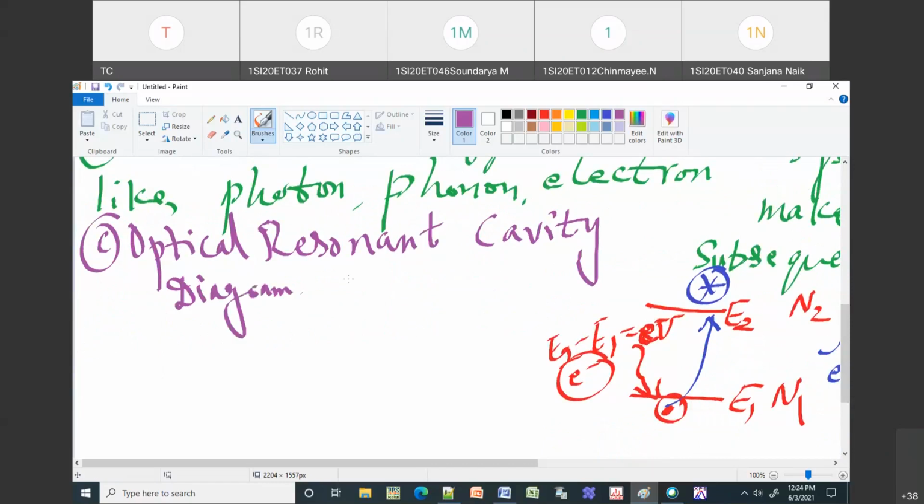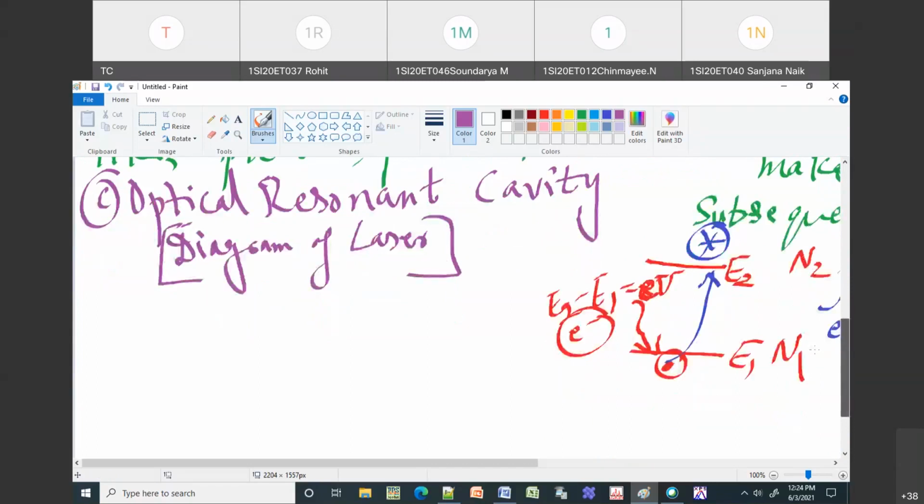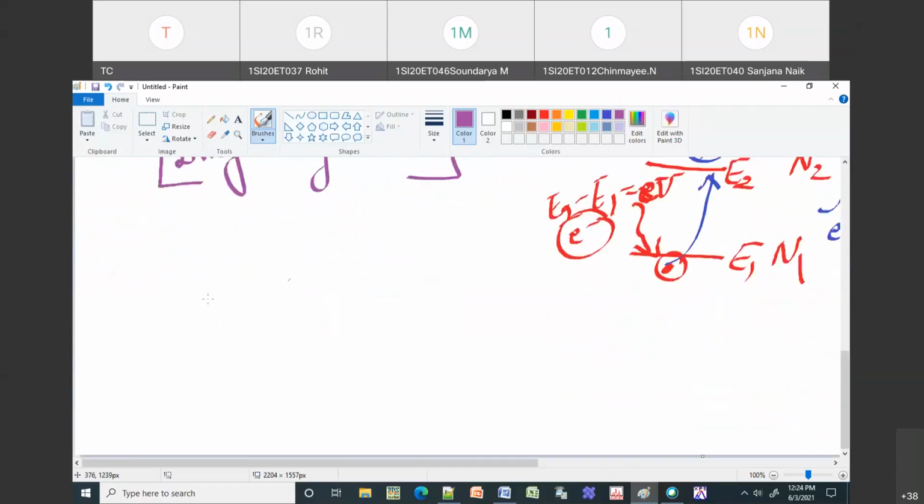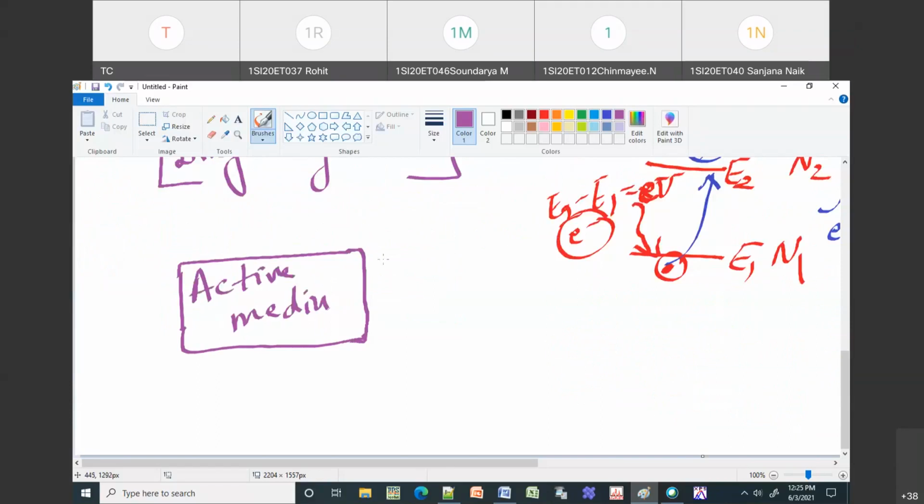Okay, so if I want to show a diagram of a laser, this is a diagram of a laser. That means any laser, it is not any specific laser. If you take any laser, there are three parts. One is you should have a material. Let us assume this is your block of iron or block of silicon. This is what we call the active medium. This medium will have atoms with at least two energy levels. Then I will call this your energy source. Okay, so this is your external energy source.